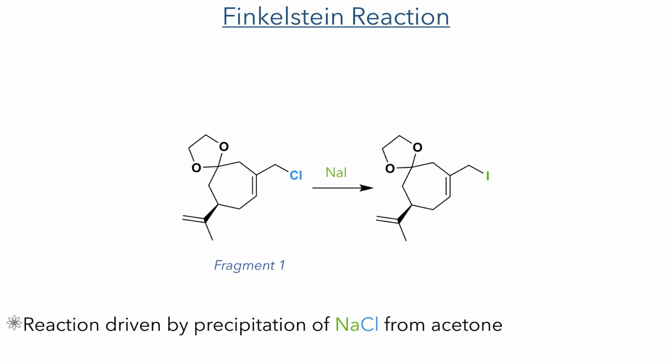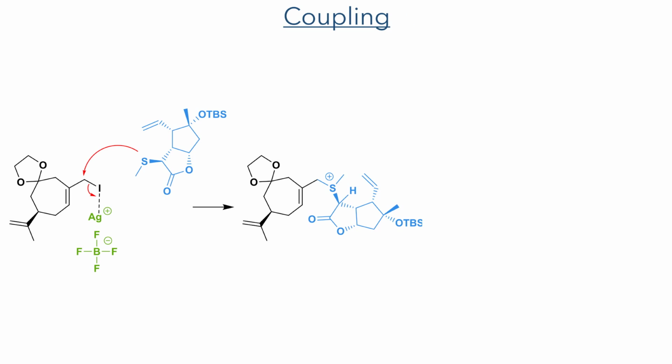With both fragments now complete, they could then be coupled together. Fragment 1 first underwent a Finkelstein reaction by refluxing in acetone with sodium iodide. This causes the iodide to displace the chloride, as sodium chloride is insoluble in acetone and precipitates out, which drives the reaction forward. This was then reacted with fragment 2 without further